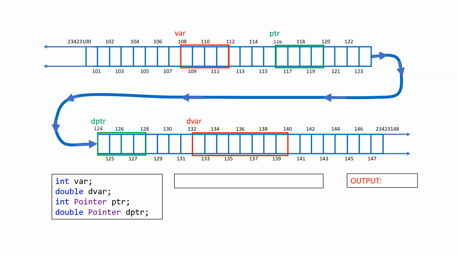Now, if I actually create a double pointer dptr, it's going to be a separate variable. But take a look. The sizes of the two are the same. A double pointer and an integer pointer occupy the same size because they are both addresses, right? It's the target size that is different, not the pointer. Because of that, all the pointers have the same size. Are we okay with that?